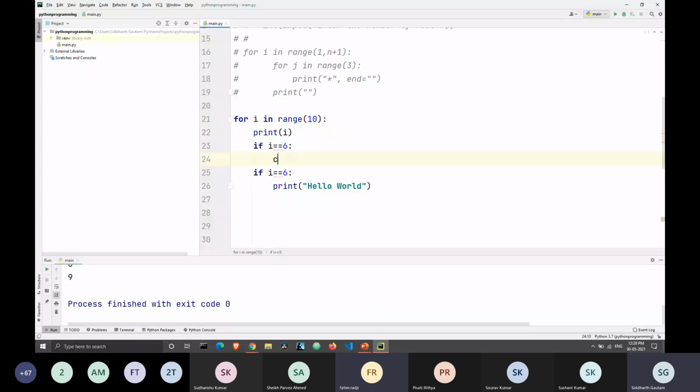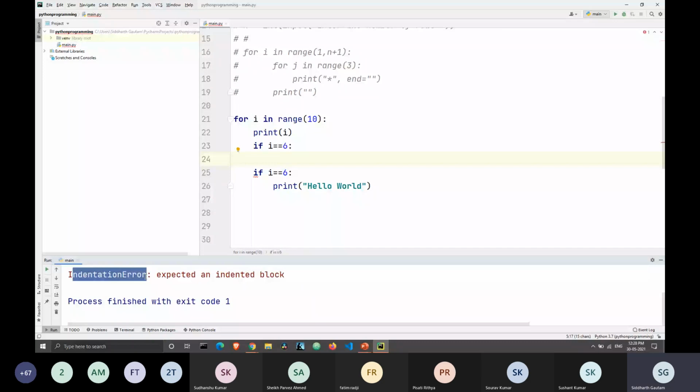Let's go back to the pass here. Okay, so let's first do this without a pass. All right, let's run this, and as you can see, Python throws me an error here. It says indentation error. So what's happening here is that I have an if condition here, right? I have a conditional statement of if, and since I have this statement, I have to write something in the statement. If I just leave it blank, Python will throw me an error. Python will tell me that my syntax is wrong, my indentation is wrong. You have to write something.